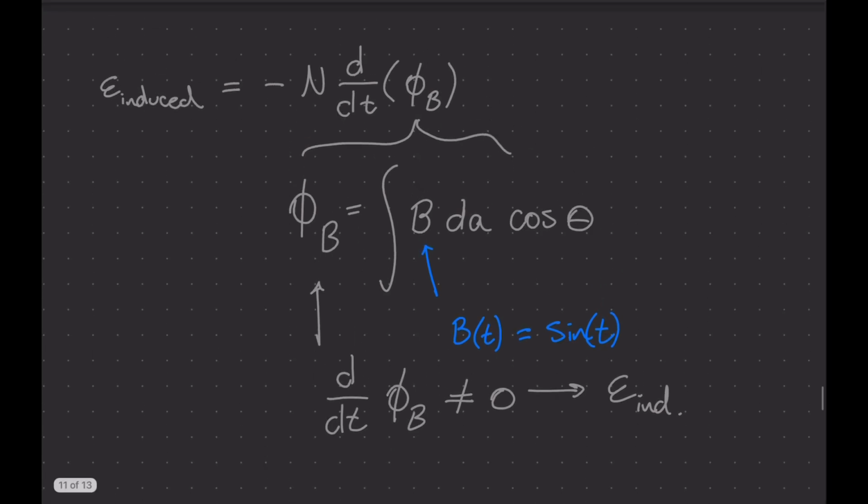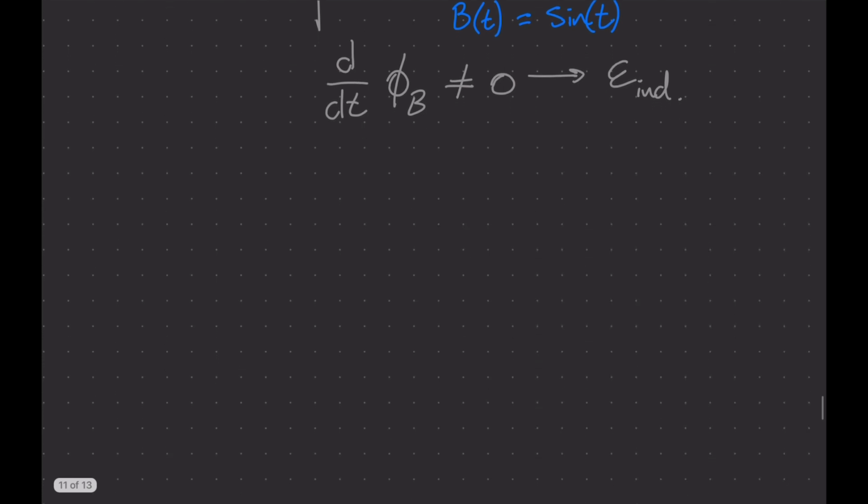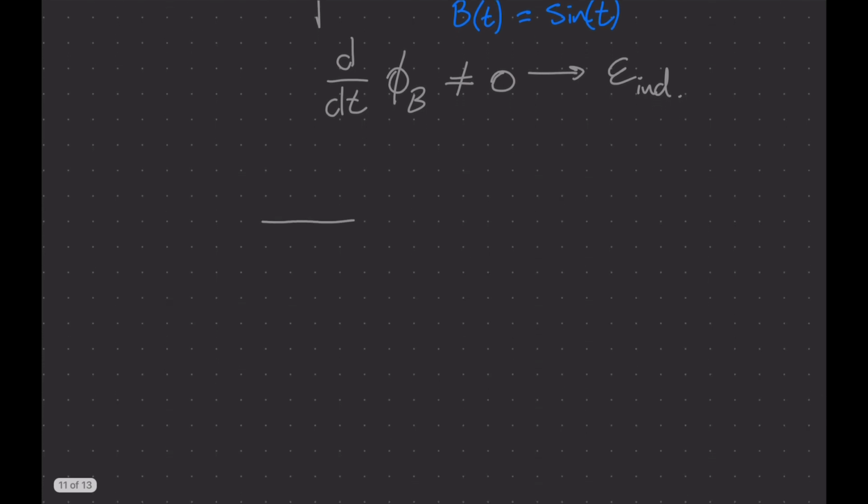Another way is if you change the area. So here I'll actually write area as a function of time equals some area. The problem I've seen here is you have a circuit with a resistor like that, and there is a metal conducting rail that you can move back and forth along this circuit. So this circuit will have a length x and